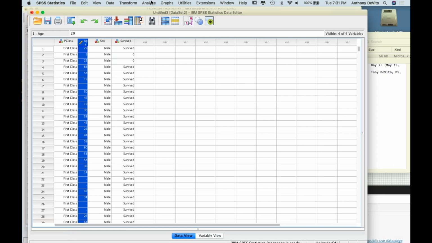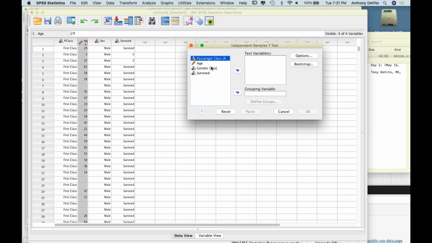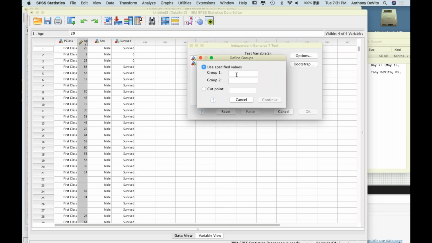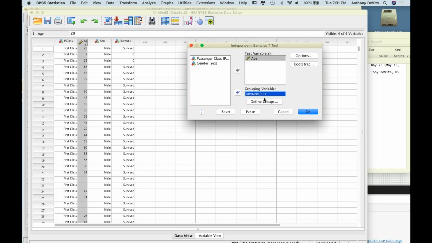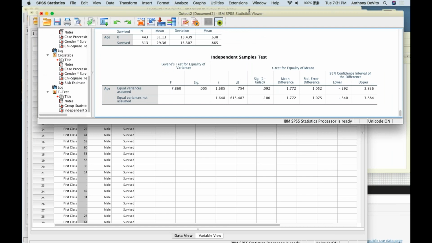Independent samples t-test. I'm going to go here, analyze. I'm going to go down to compare means, independent samples t-test, and I'm going to put the test variable, which is age, which is what we're finding the average of. And I'm going to put whether the person survived or not into the grouping variable. Now it's going to want to know what the values are. I think it's 0 and 1. And it will go ahead and calculate the means for me. Let's see what I get. I get a t-test, and the t-test tells me that the t-value